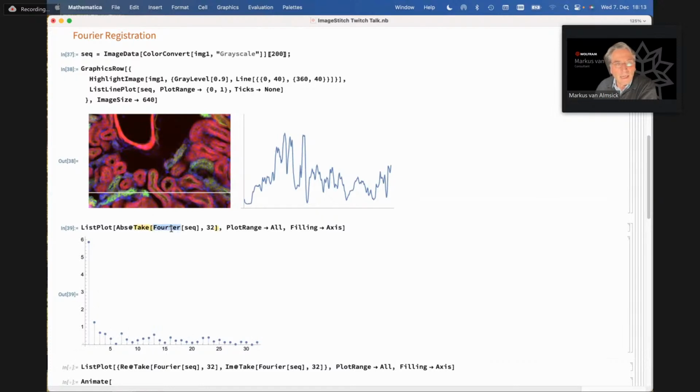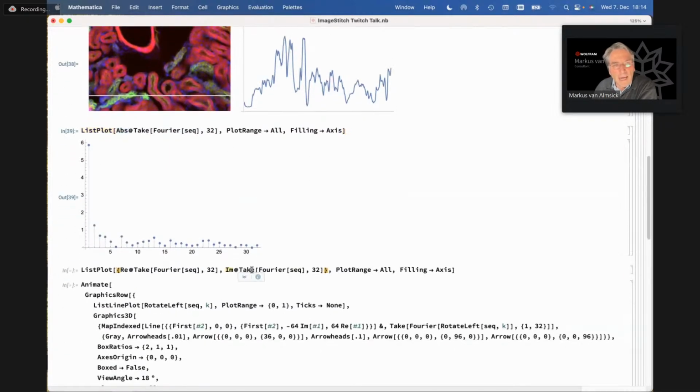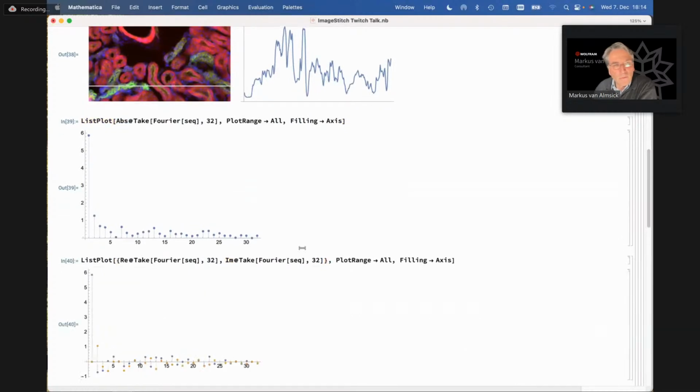So I have in Mathematica taken the Fourier transform of this sequence. I only took the first 32 coefficients into account just for visibility purposes. It doesn't help me to put all 360 coefficients down here. And I'm just looking at the absolute value of these coefficients. I see the spectrum of this cross-section. Now, the interesting effect or known property of the Fourier